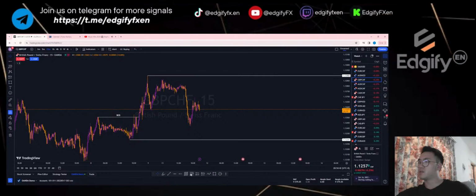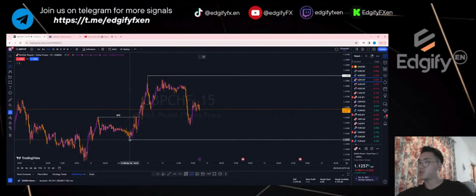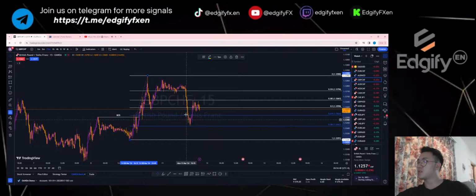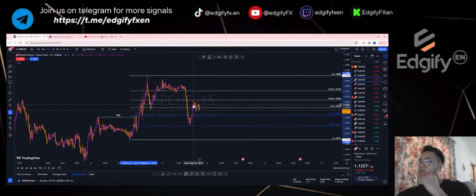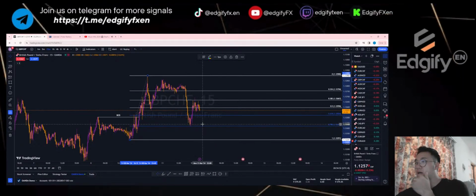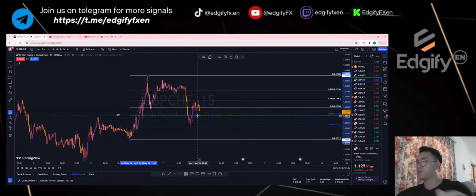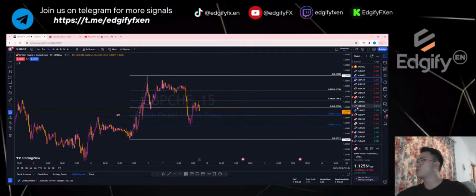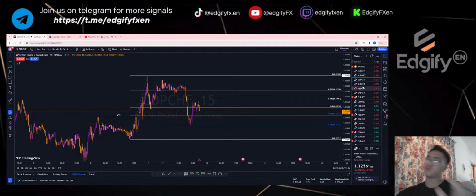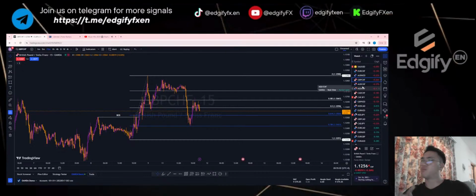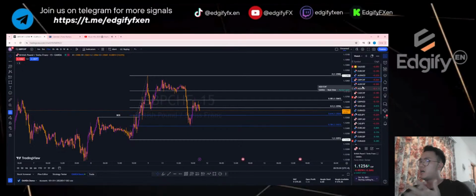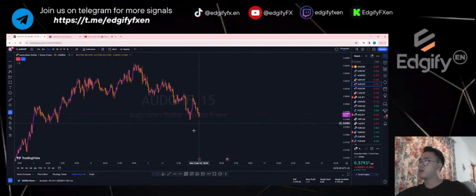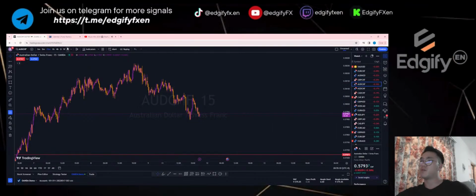so the price has respected at this level, which is a 618, 618 to 786 here, right? Rejected above. I did not take this trade because I wasn't looking at GBP CHF as much, because the spread is quite huge. It's about 2 to 3 pips with the broker that I'm using. So I try to avoid pairs that have a very huge spread. Same goes for the AUD CHF as well.